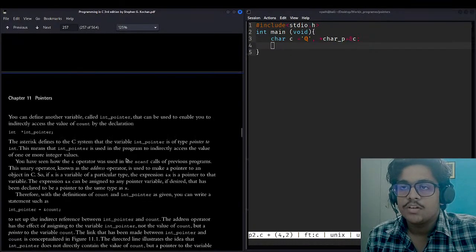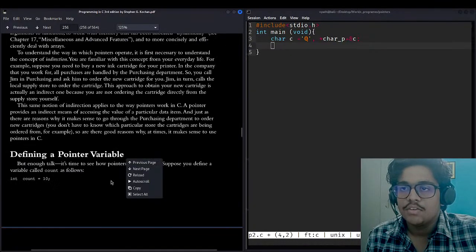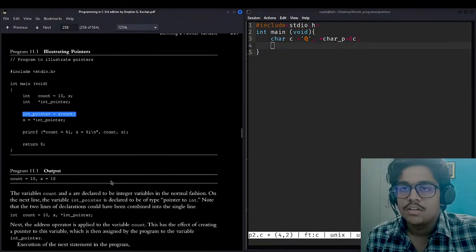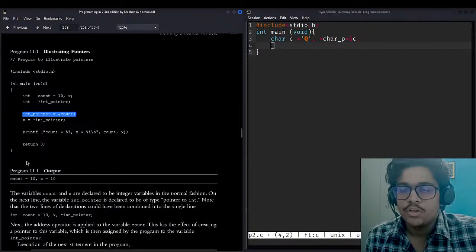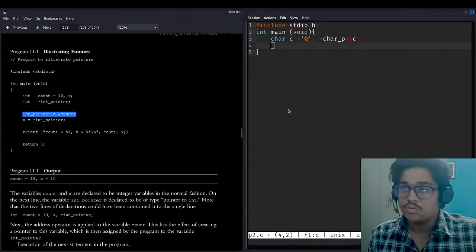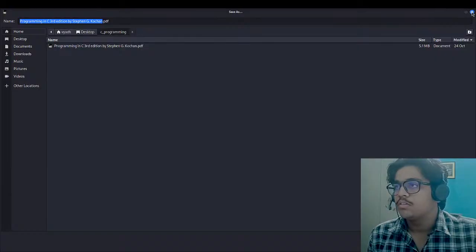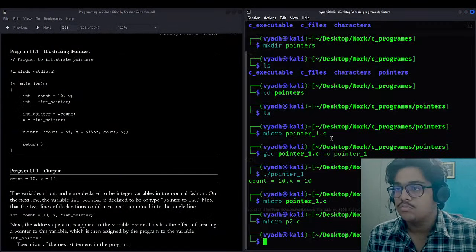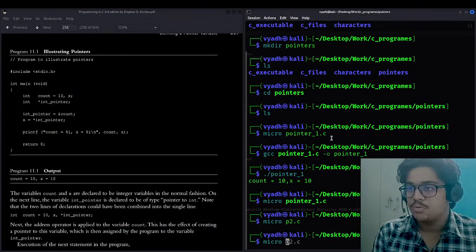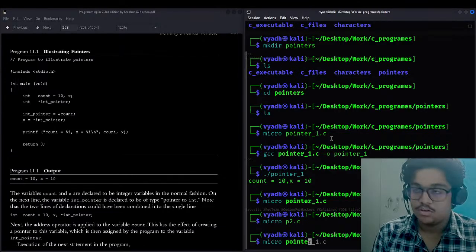Okay, so we have seen that wherever we are here, if you just, after writing this, ignoring all this, and after writing this, int pointer is equal to and count, and you would write printf of int pointer. Let's do this now. Control S, Q. Oh, nice. Let's go to the previous program and do that thing. Pointer